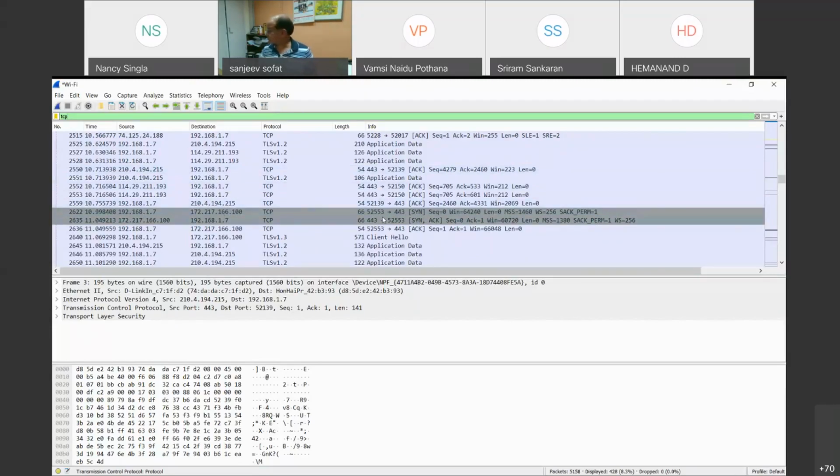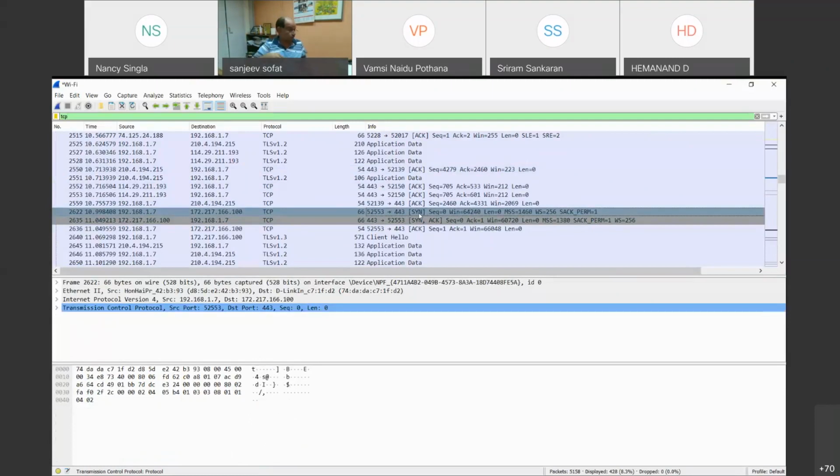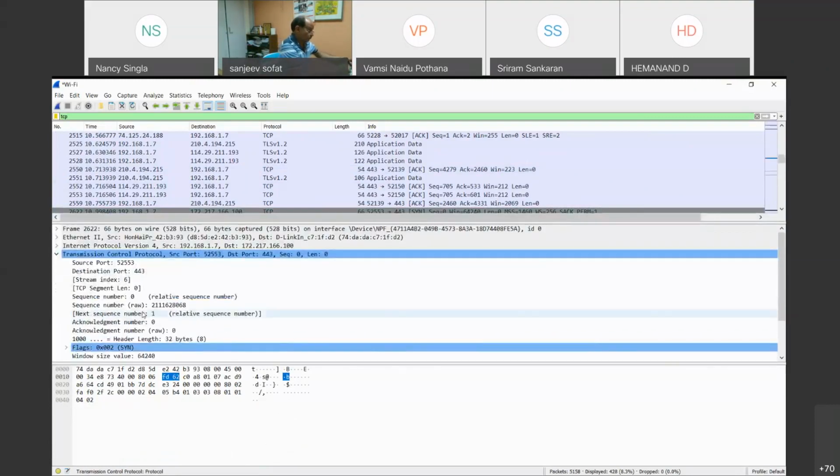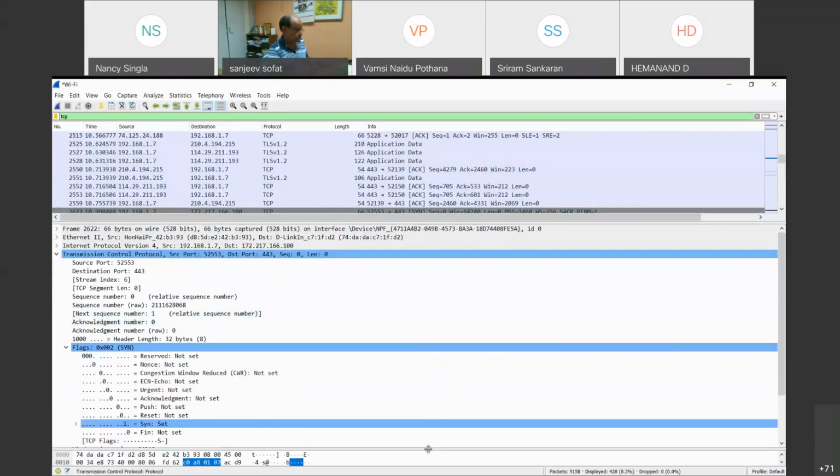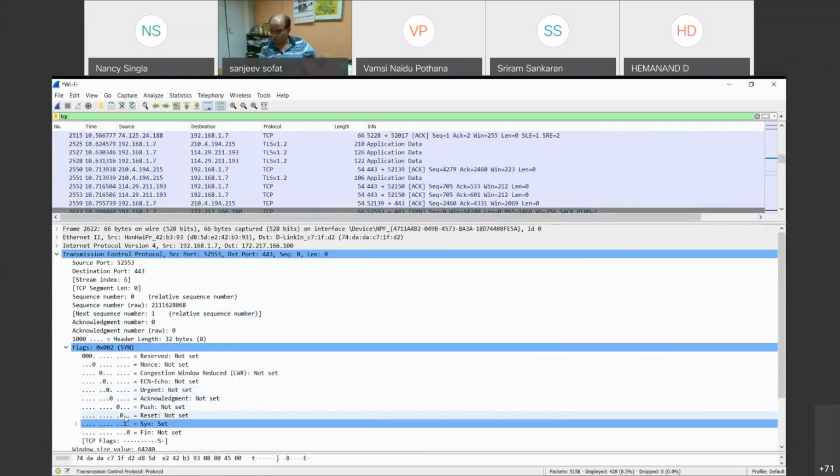This is the port number of TCP. When I click on this and look at the detailed header information, you can further click on the TCP protocol, and here you can see which flag is set under flags. I'll show you. You can see all flags are 0. The SYN flag that has been set is 1.